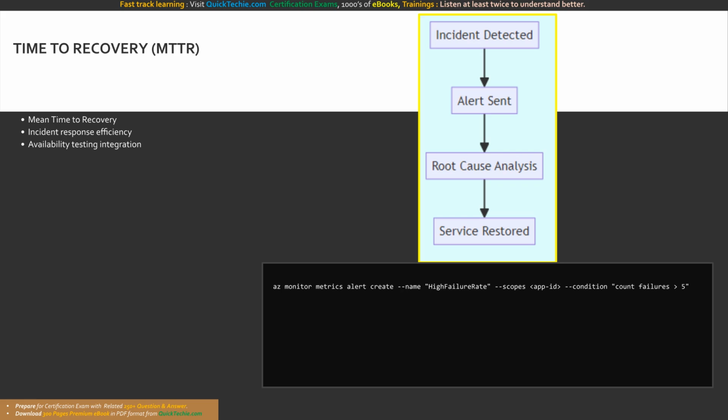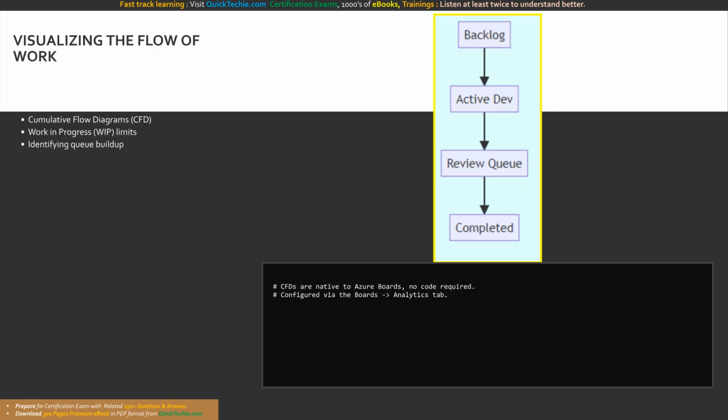This CLI command configures an Azure Monitor alert that acts as an early warning system, helping teams begin recovery procedures immediately to reduce MTTR. This sequence shows the recovery timeline, from incident detection and alerting, through root cause analysis, to final service restoration. To effectively visualize the flow of work, teams utilize cumulative flow diagrams, or CFDs, on their Azure